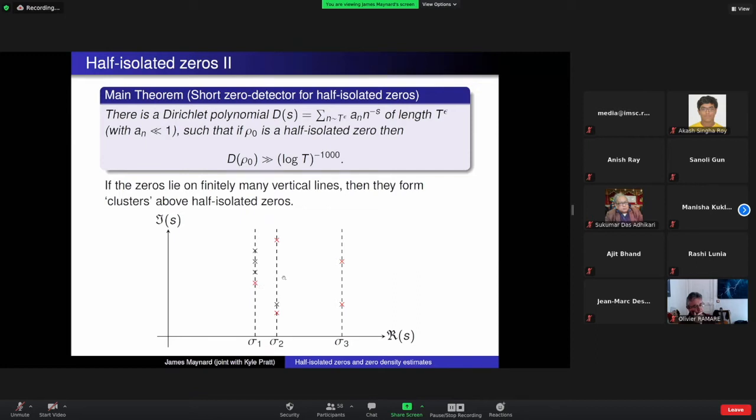James, does this say anything about what happens on the critical line? No, not really. This is really only talking about things that happen away from the critical line. On the critical line, suddenly it's not abnormal for such a Dirichlet polynomial to be taking large values, and so it doesn't really have any content. But as soon as you move away from the critical line, this is having non-trivial content. Okay, thanks.